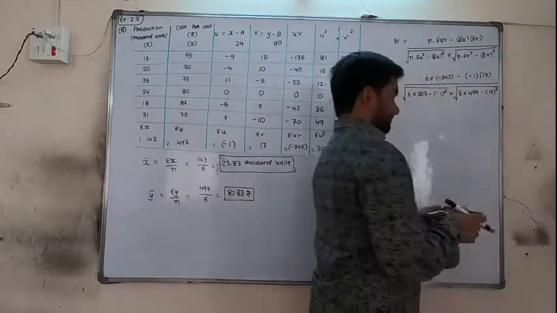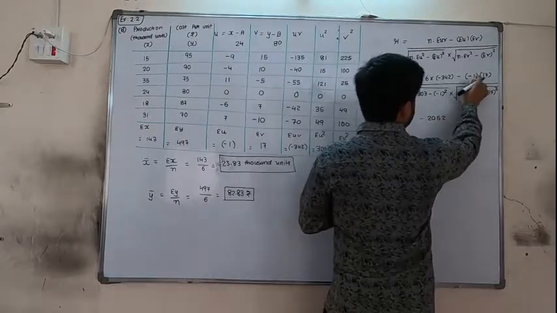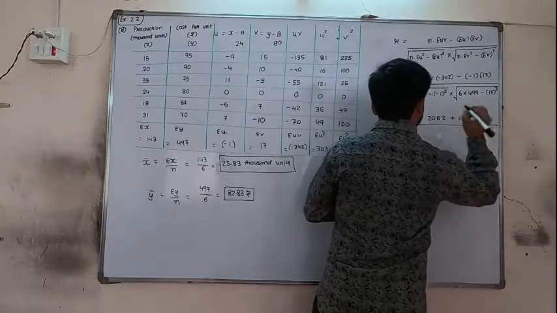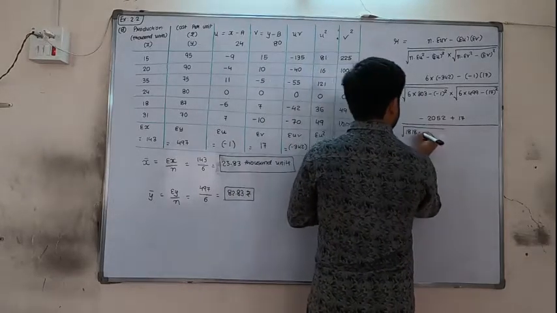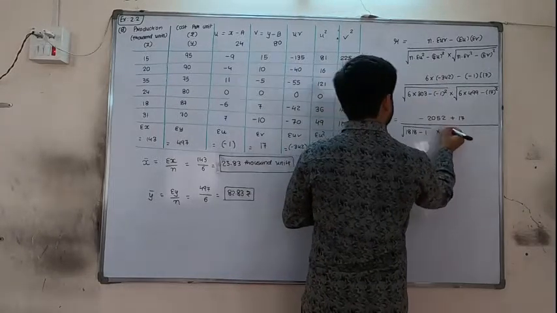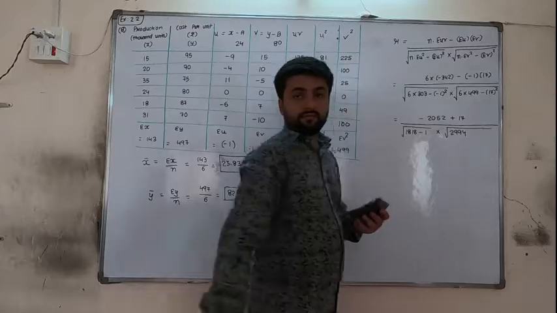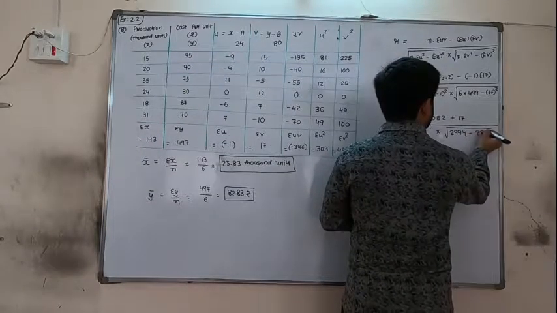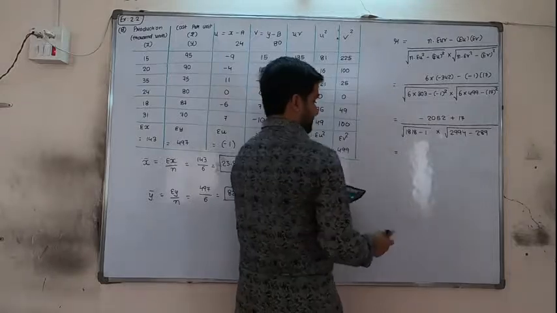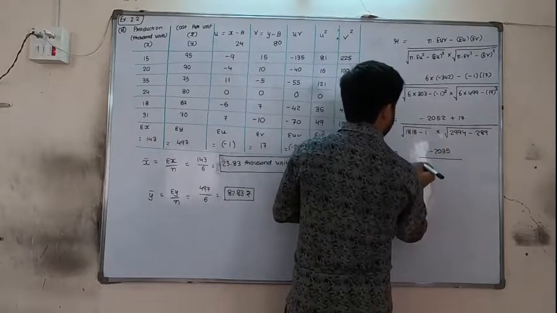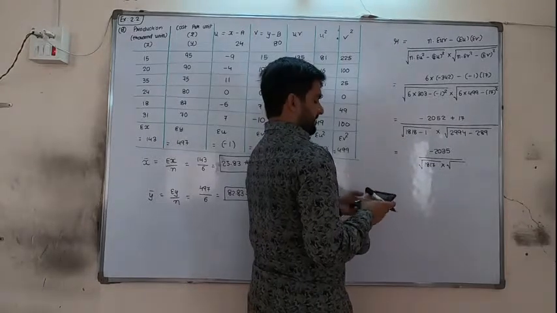Okay, 342 into 6 is minus 2052, minus minus plus 17 ones are 17. Okay, 303 into 6, 1818 in the square root, and minus will remain minus and 1 square is 1. In the second square root, 6 into 499, so 2994, minus 17 square is 289. Now 2052 minus plus 70, so minus 2035 divided by, in the first square root 1817, in the second square root 2994 minus 289 is